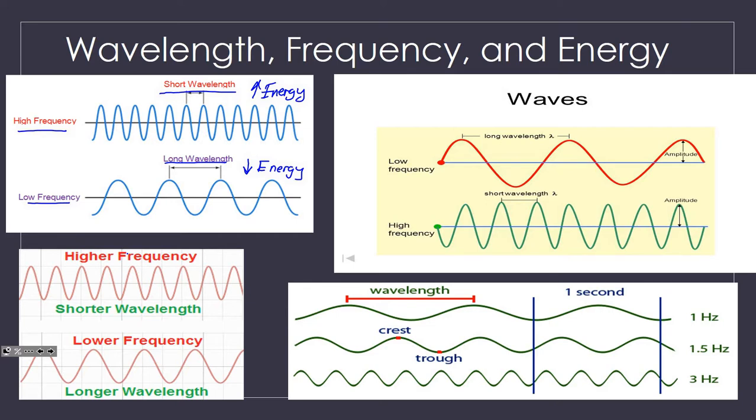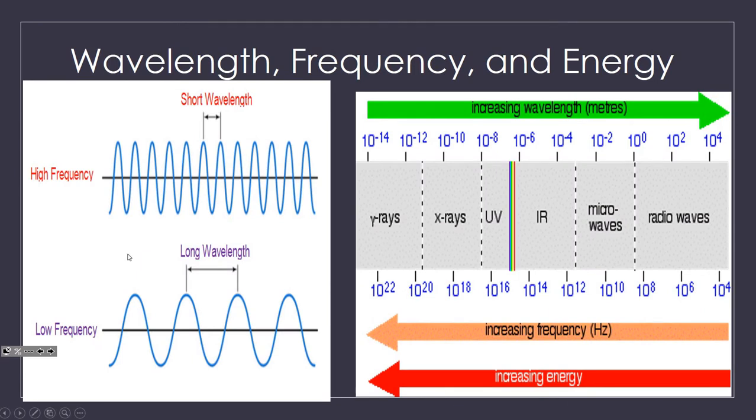Okay, so tie it together. Make sure you look at this. So if I have a higher frequency and a shorter wavelength right here, do I have high energy or low energy? High energy. If I have low frequency and longer wavelength, it's going to be low. Lower, longer, low. Higher, shorter, high. Okay? All right, so going forward, again, this is just reviewing over here, but over here we're now looking at